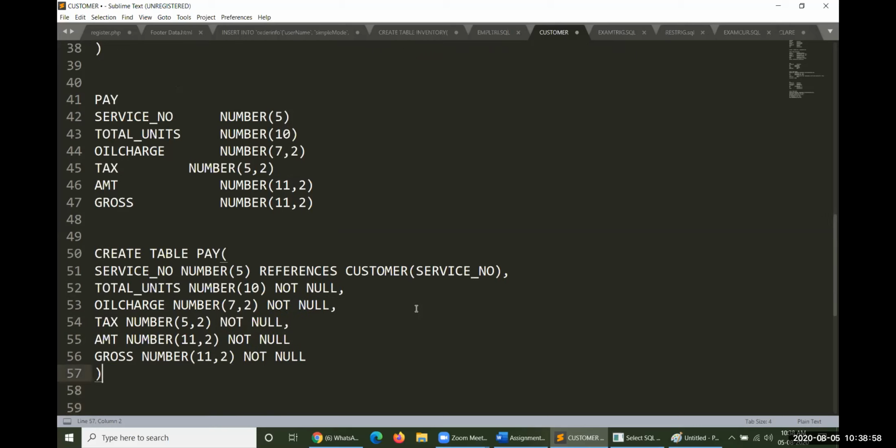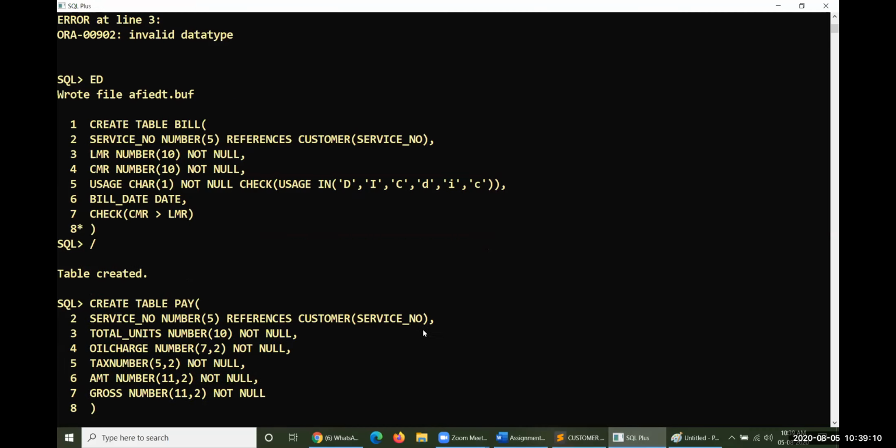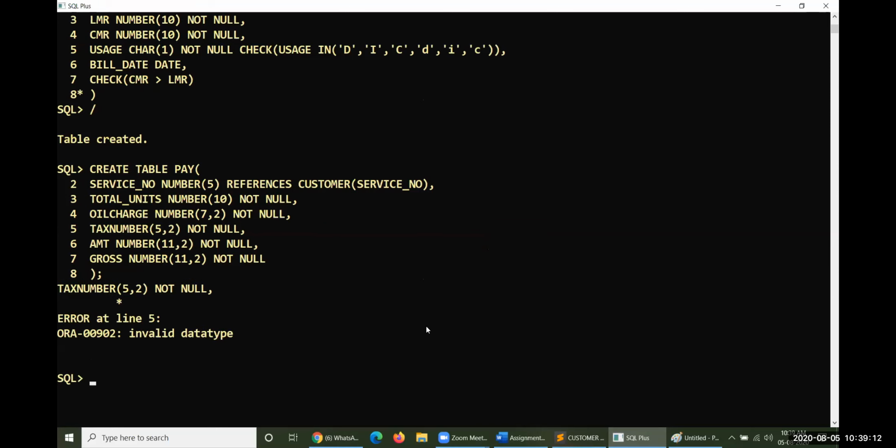No constraint is enforced here except not null on this particular table. Everything is okay. Let me copy everything and paste it over here, then semicolon, enter.